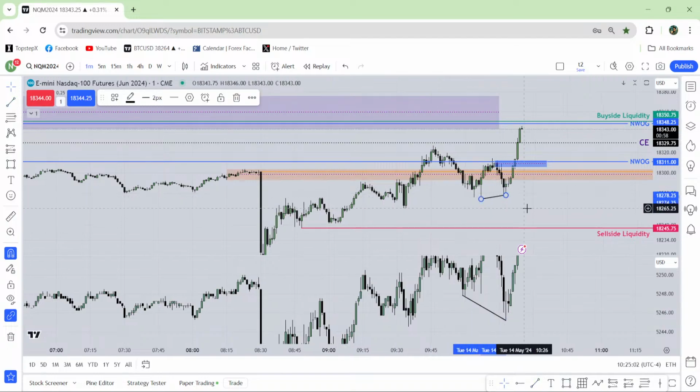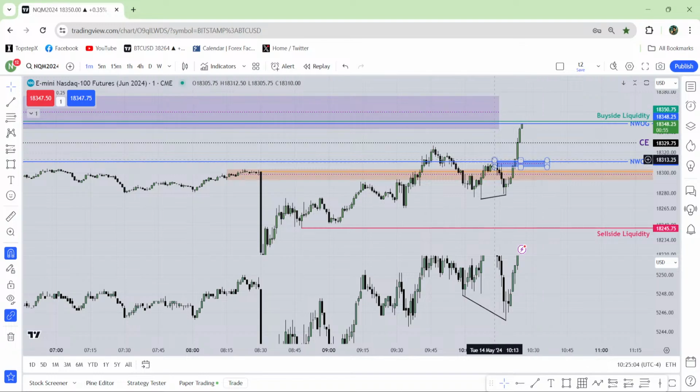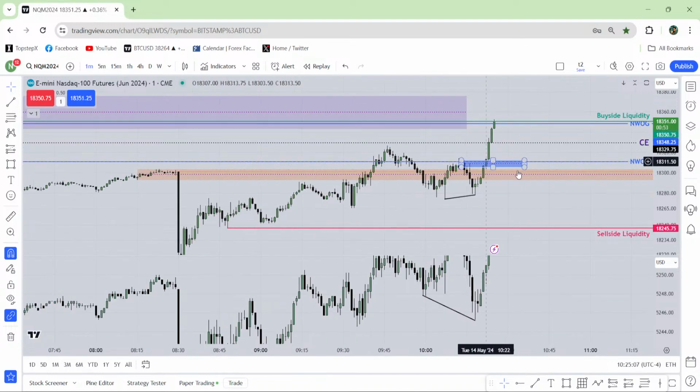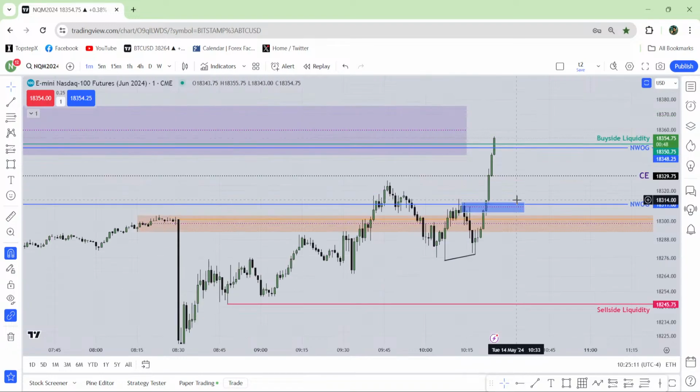Here, this is SMT. I'm seeing this mitigation block. Where was the target? Here was the target. Now, is it confirmed that this is the mitigation block? When it is confirmed,